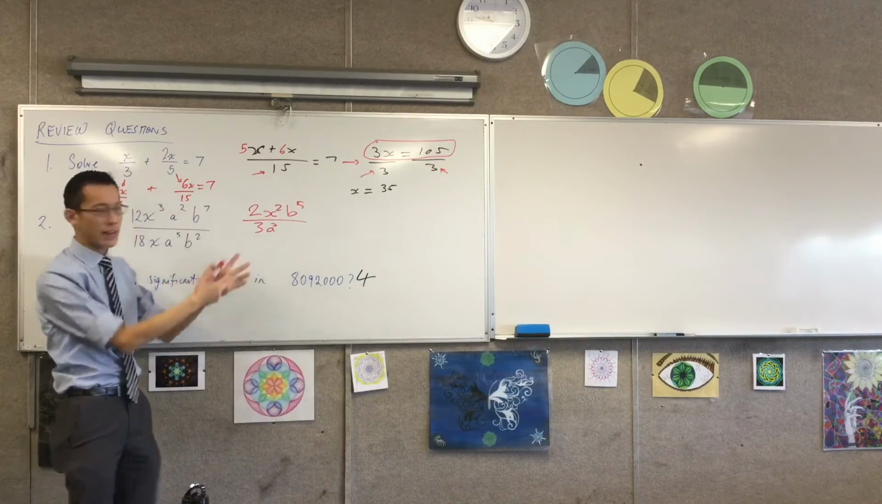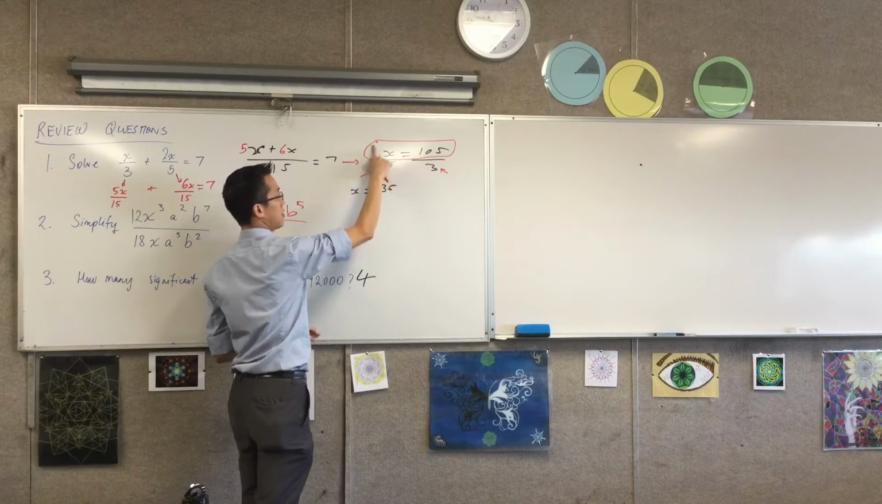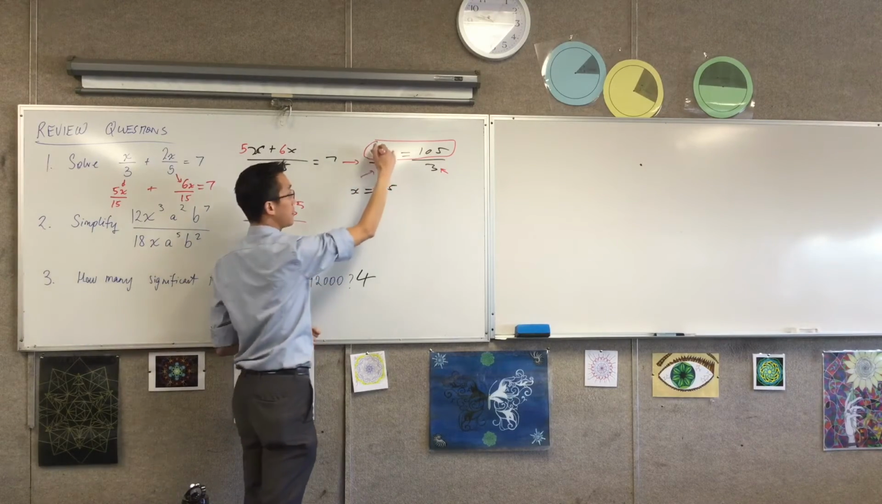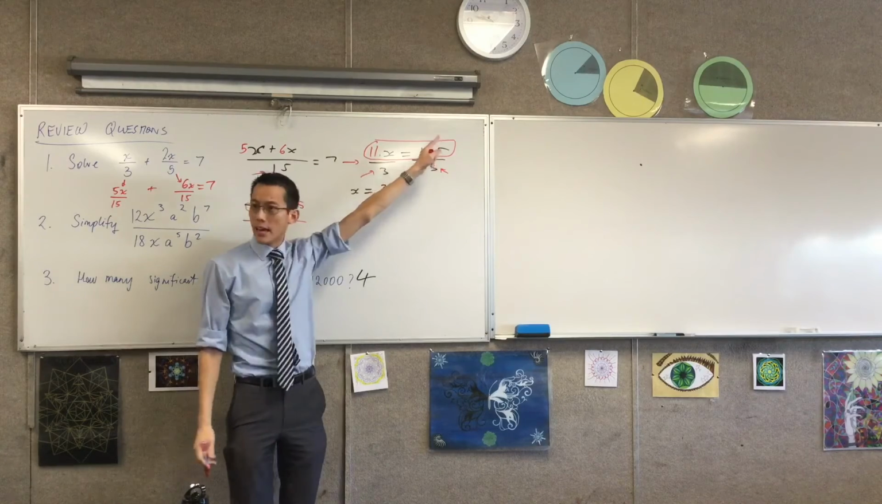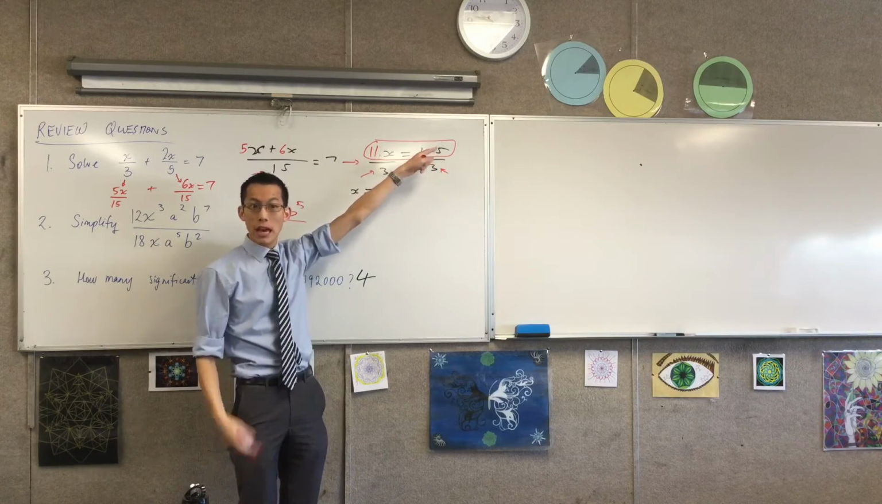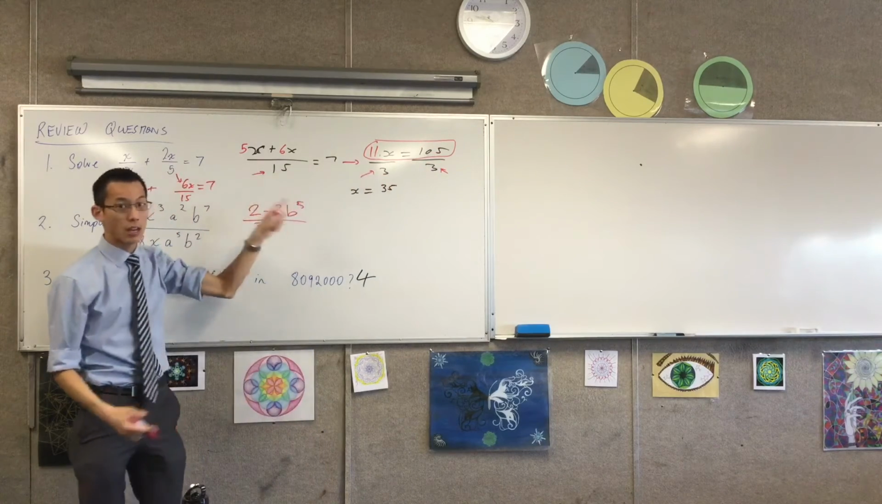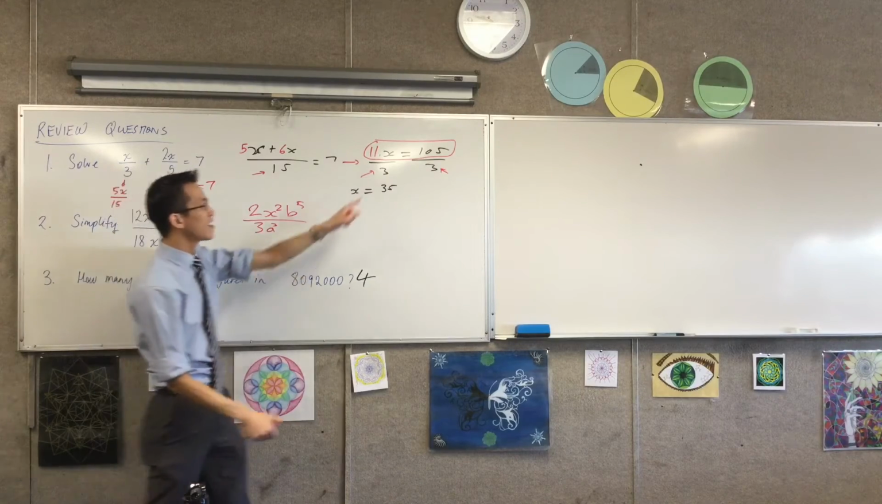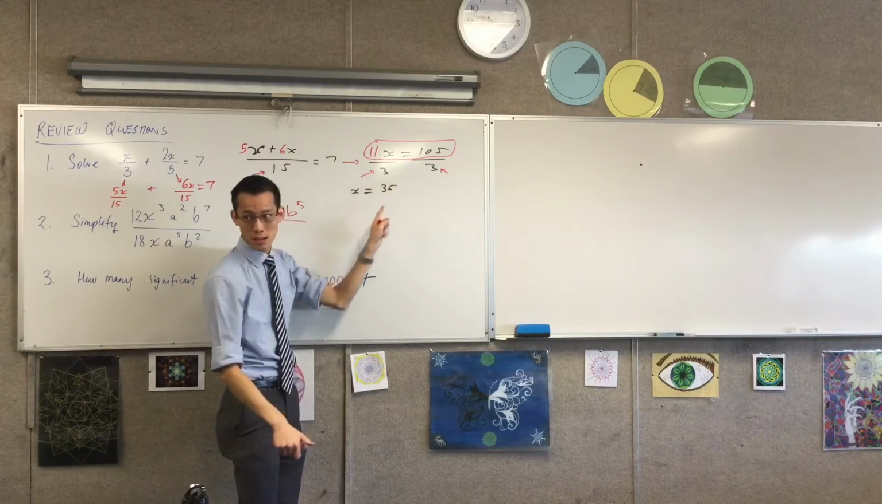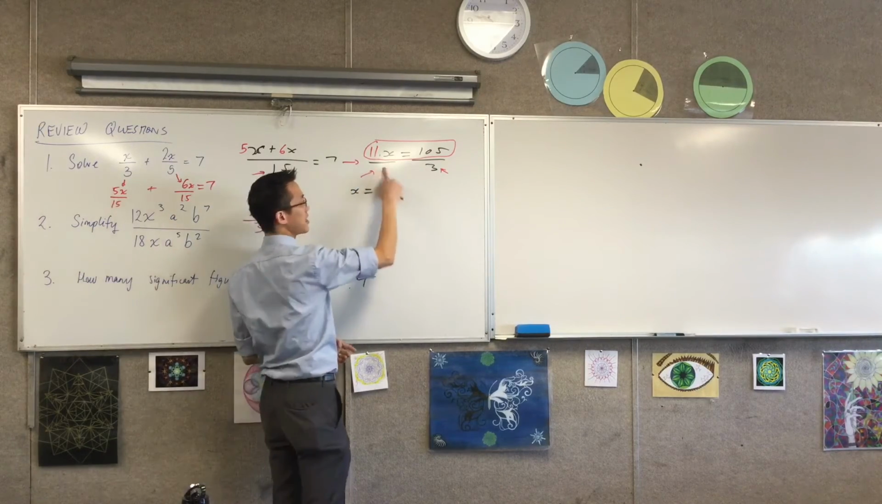Let's do it with the right numbers. This shouldn't be 3. It should actually be 11. Right? Is that 105 correct? Yes. It is, right? Because it's still 7 times 15. Thumbs up. But now instead of dividing by 3, I divide by 11 because that's the number I'm trying to